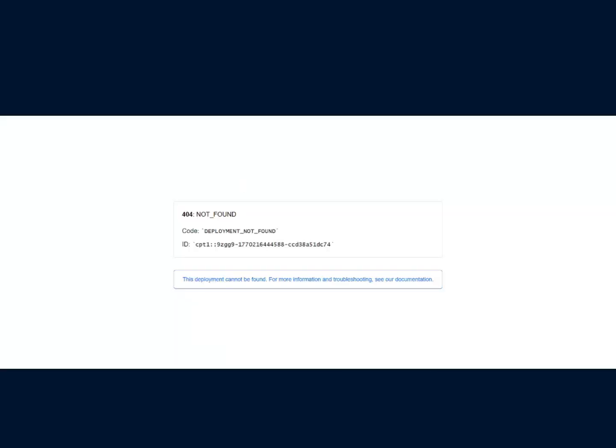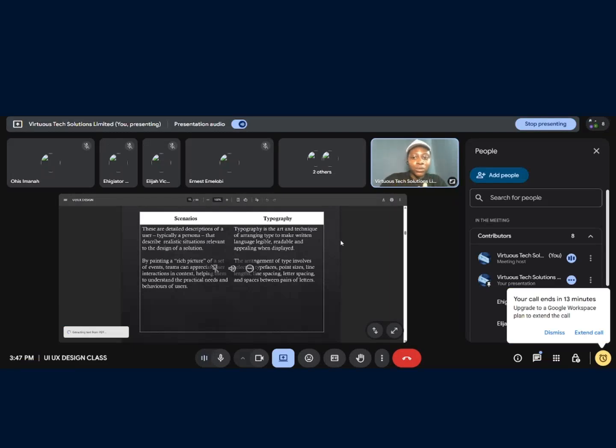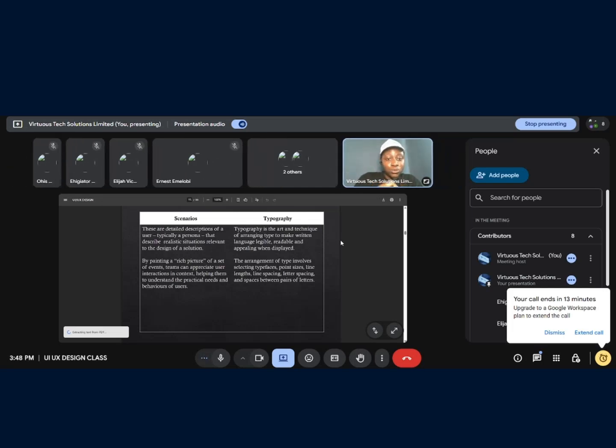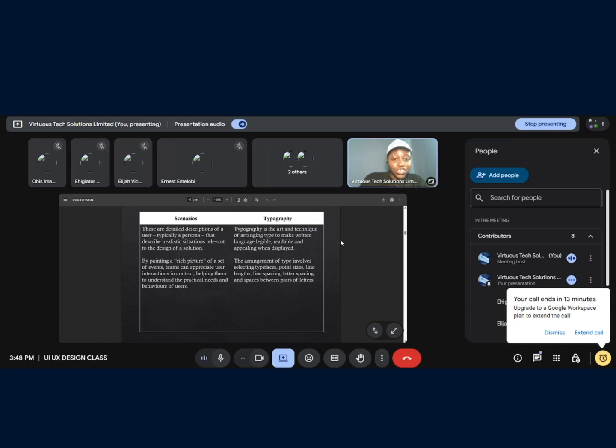Now, a user persona is a description about your user. Who is this user that is going to use this product, right? For example, a mobile e-commerce app. Who are the persons that are going to be using it? The person might be a student, right? It might be a student. It might be from age